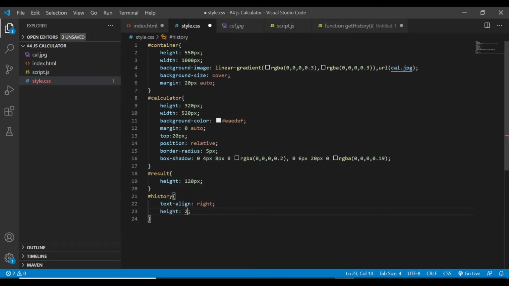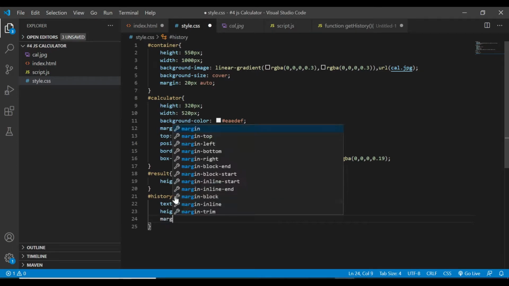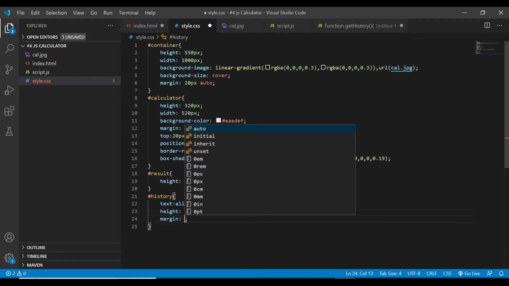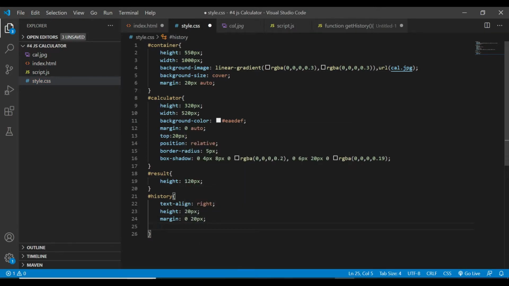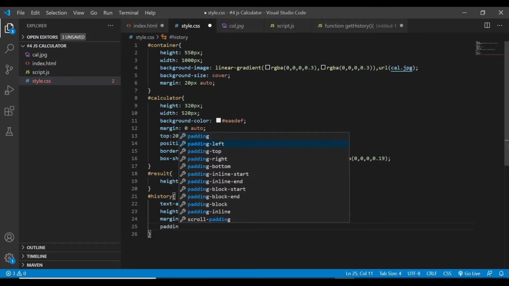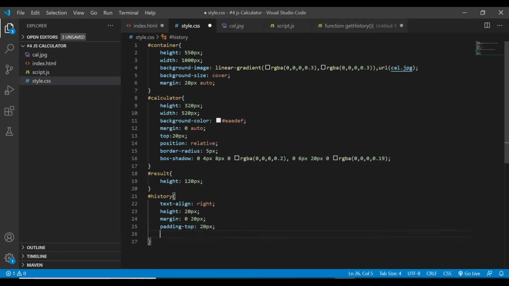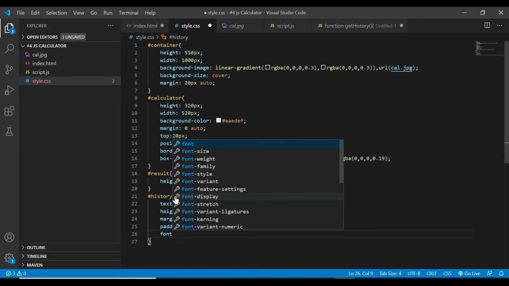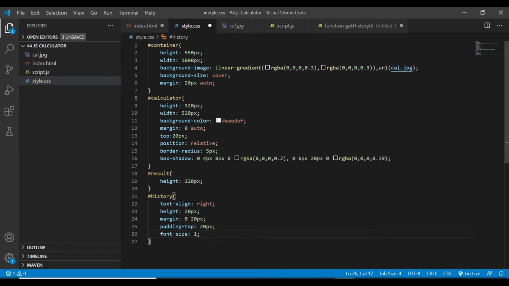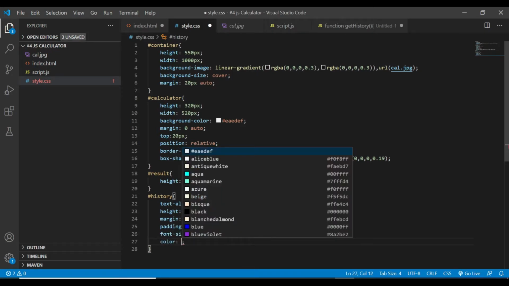Next, we'll add a height, 20 pixels. Next, we'll add a margin. I'll say 0, 20 pixel. Next, we'll add a padding top of 20 pixels will be okay. Font size 15 pixel. Next, we'll add color. I'll say